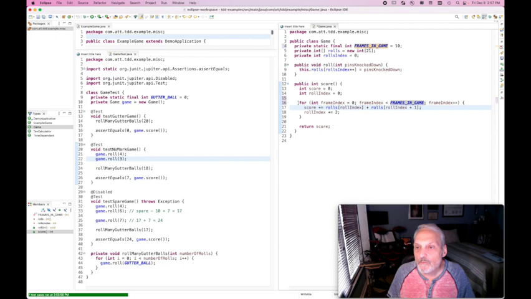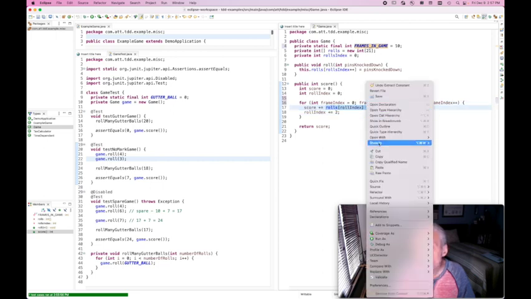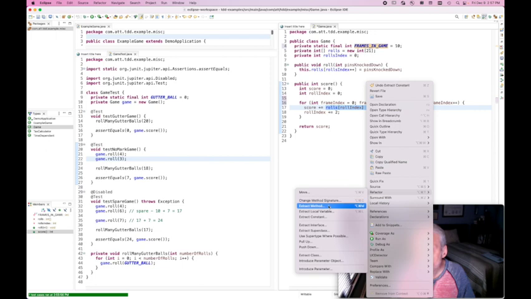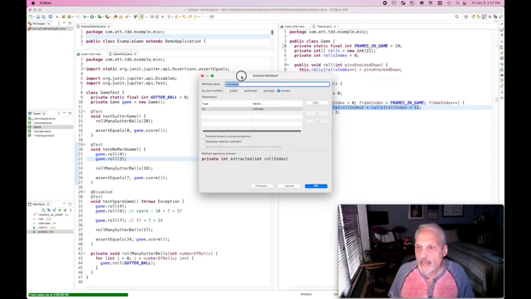Okay, so now when another developer reads this, I think he's going to understand that we're walking through all of the frames of a game and we're calculating the score. If I go back to my domain and I look at the rules of bowling, it said that the score for a given frame is equal to the sum of the pins knocked down by both rolls in that frame. Maybe I could even help the other developers out a little bit more by extracting this thing as a method